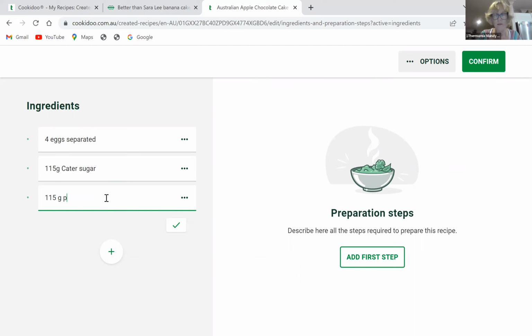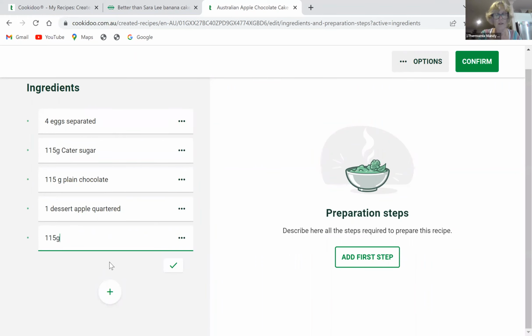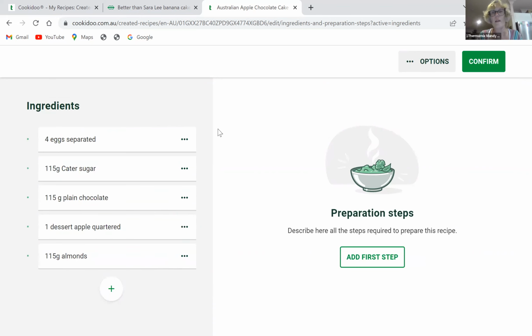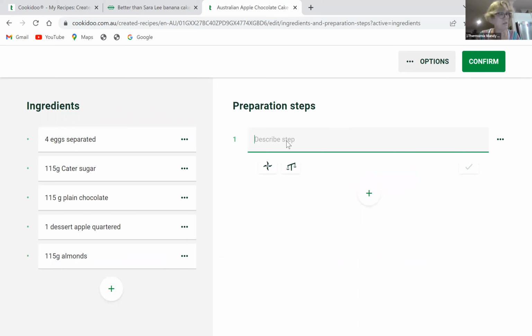115 grams plain chocolate, 1 dessert apple quartered, and 115 grams of almonds. Okay, then I just type in the preparation, and my first step is obviously